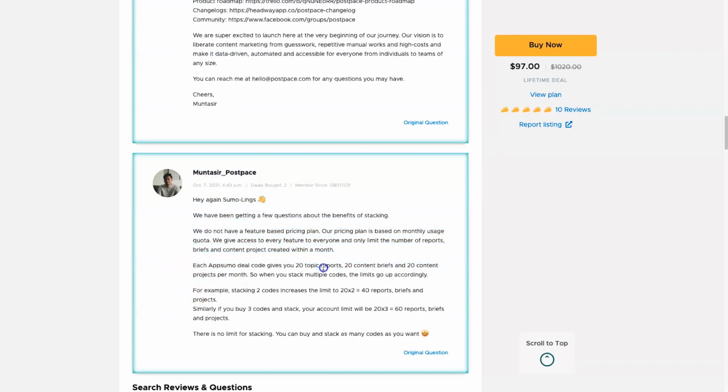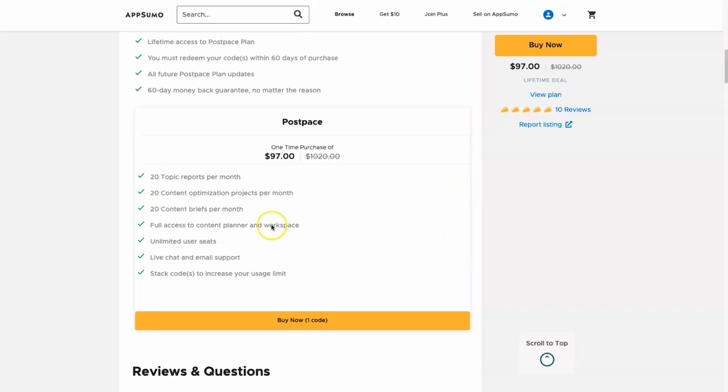So they've got it mentioned down here. Each AppSumo deal code gives you 20 topic reports, content briefs, and content projects per month. So when you stack multiple codes, the limits go up accordingly. For example, if you get 2 codes, 20 times 2, you get 40 reports, briefs, and projects. So you can basically buy as many of these as you want, and it's going to go up in 20